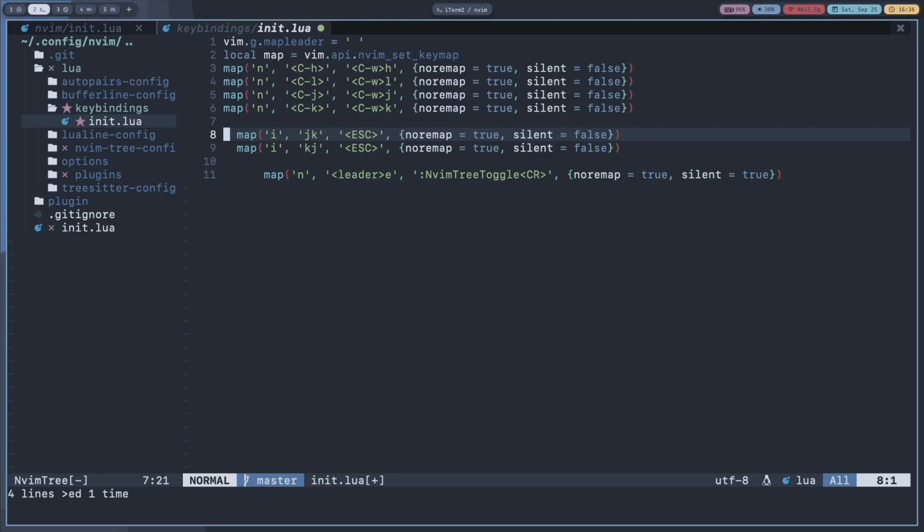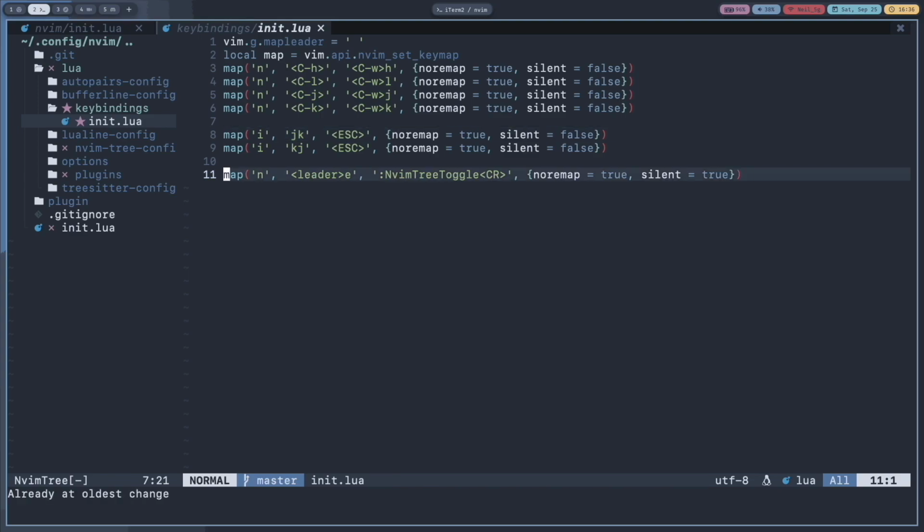And if you press it once, it will get out of visual mode also. So I am going to change it so that it remains in visual mode after I press the key binding also. So I am going to do map in visual mode. I am going to map this opening angle brackets to opening angle brackets GV. It will automatically highlight the previous highlight. So I also want noremap equals true, silent equals false.